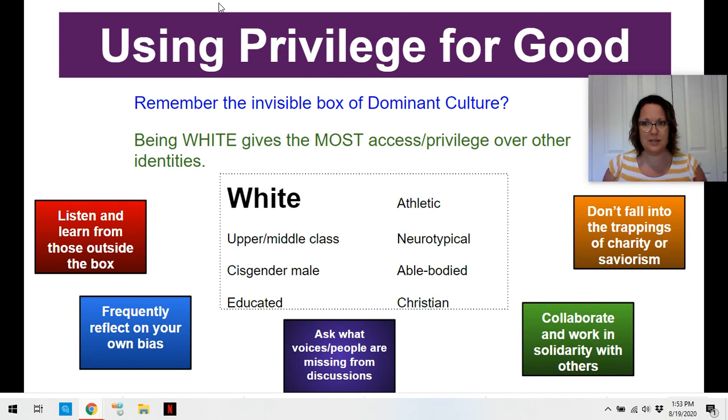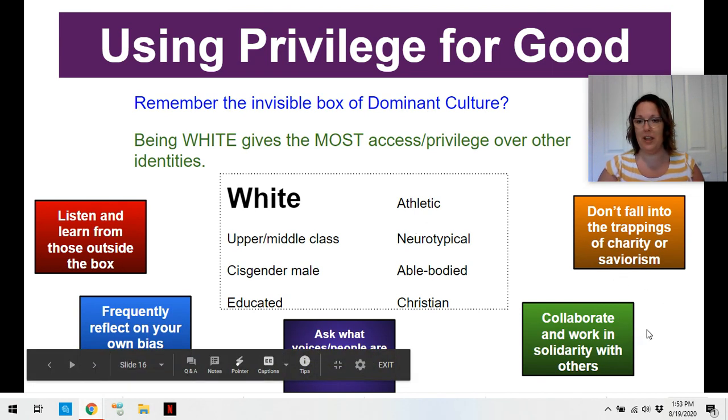It does mean that we should be inviting those voices to speak. They may say no. They may not want to be that voice on the table, but we can't know that if they're not invited. The second thing says to frequently reflect on your own bias. I've mentioned this a few times, to continue to look back. Ask what voices and people are missing from the discussion, collaborate and work in solidarity with others, and then don't